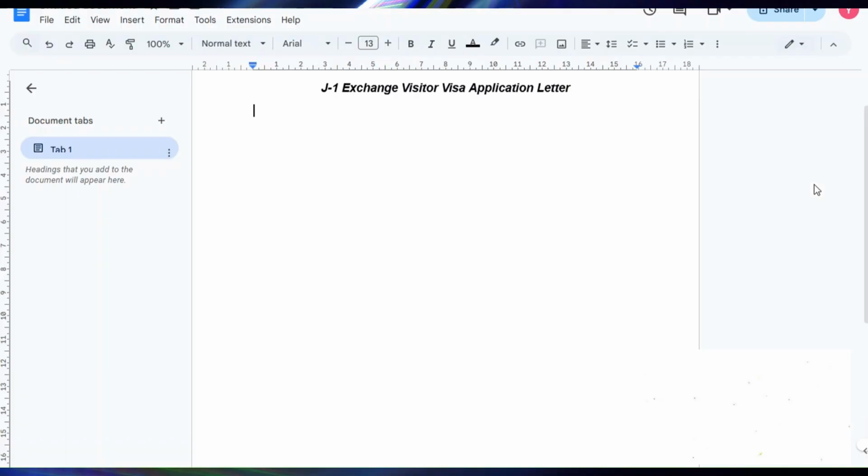Today I'll walk you through how to write a J-1 exchange visitor visa application letter. This formal letter is a key part of your visa application, explaining why you are a great candidate for the exchange program. You should begin your letter by including your full name, address, email, phone number, and the date at